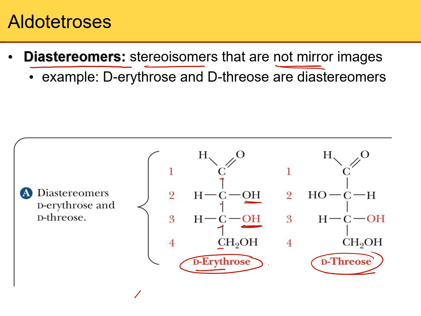So it's a sugar. Now, if you look at erythrose and threose, and the difference between them, OH is here, OH is here. These are both on the right hand side, so we call them D. They're both D. But this one is not a mirror image. If you had a mirror in between them, there should be something here. Now this one is a mirror image, but this is not. So they're not superimposable, yet they are stereoisomers that are not mirror images. So in this case, we call them